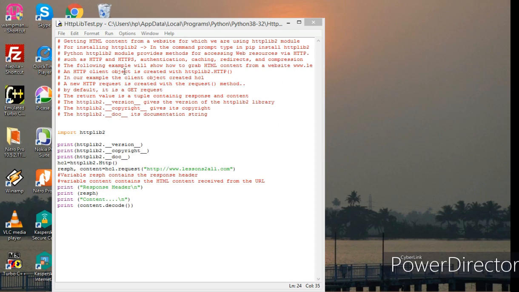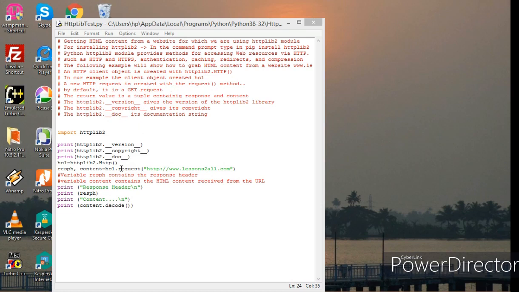An HTTP client object is created with the Http method of the httplib2 module. In our example, the client object created is hcl. A new HTTP request is created with the request method. By default, it is a GET request.